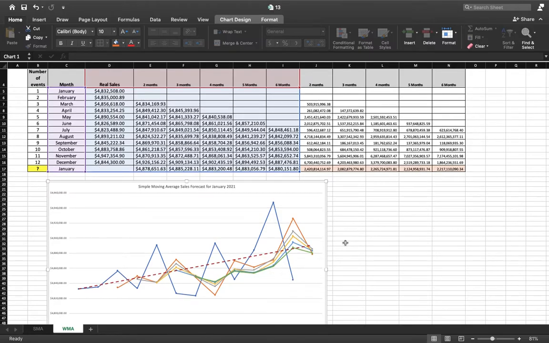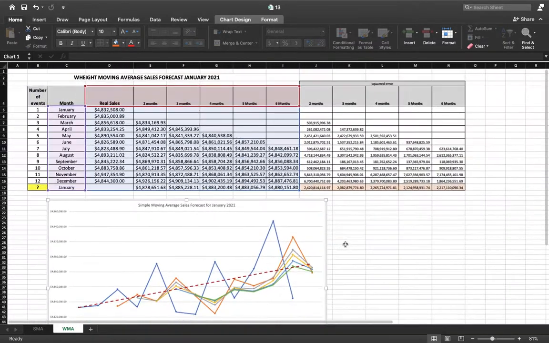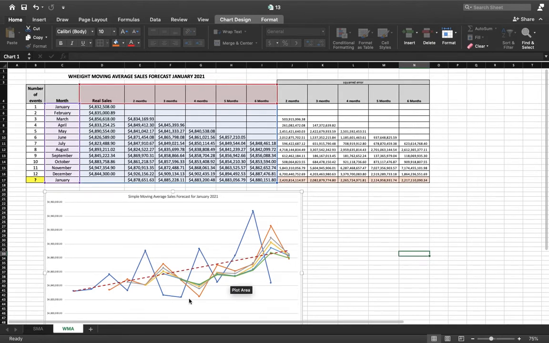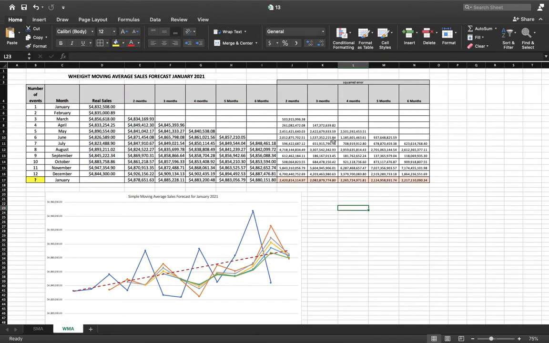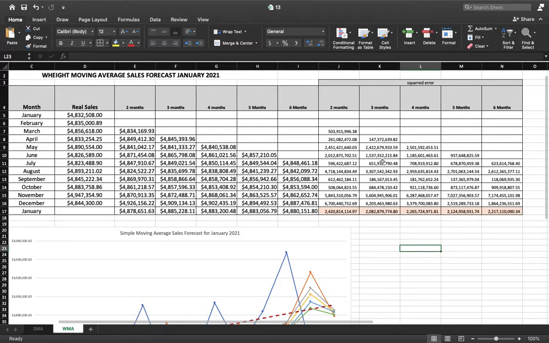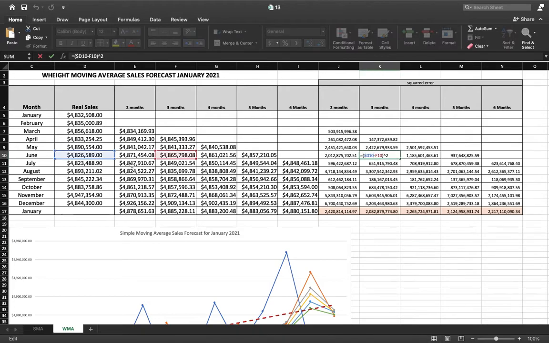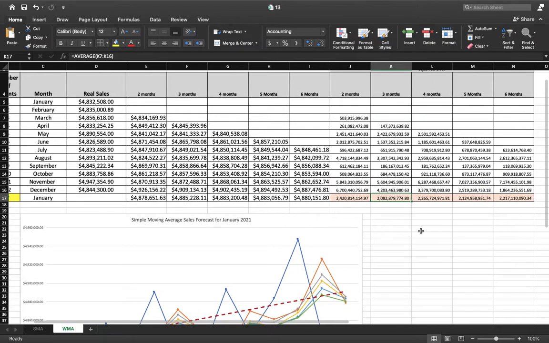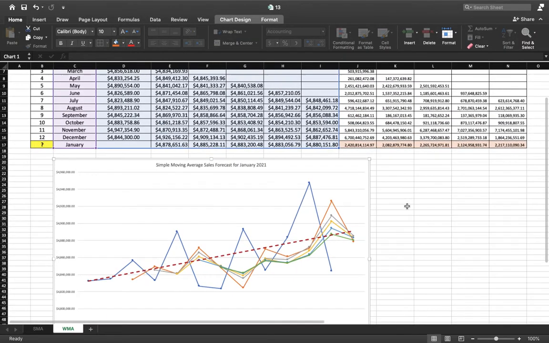See? So now I have everything ready. That's why I wanted to show you like this, because when I just copy the sheet to a new one, I don't need to do this because my squared errors are already formulated. As you can see, for example, let me check this one. See, real sales minus sales forecast squared by 2. So it's perfect. Let me check another one. Real sales minus sales forecast squared by 2. And here it's the average. So everything's perfect. I don't need to do this again, and I don't need to do my graphic again,